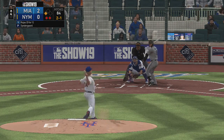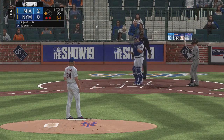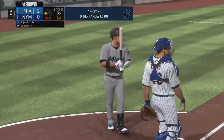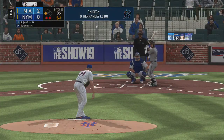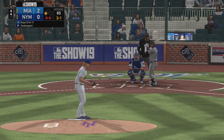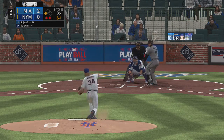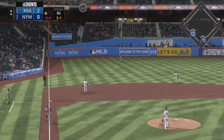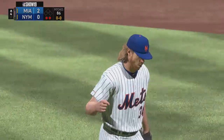The 2-1 is laid off of for ball number 3. Well, this has been a good job to work the count from 0-1 to 3-1, and now he's really in the driver's seat to see a heater that he can do something with. He's set. Here's the 3-1. This is line to left, and he'll get there in plenty of time to put this one away, and that